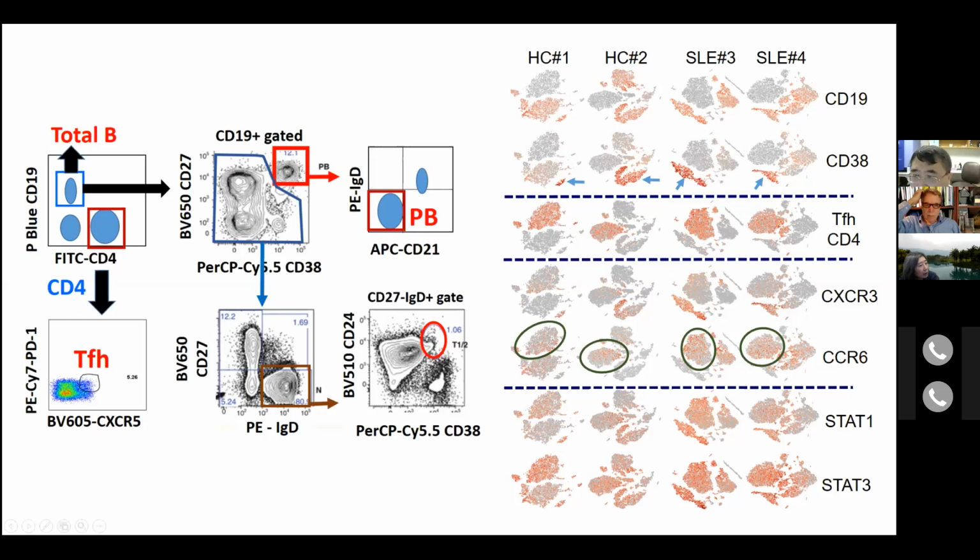This time we isolated total B cells and CD4, which we further gated into TFH, and then we get this plasma B cell, and we also isolated T1 B cells. And then we did the hashing. Sharon, you must have remembered. And Ping An was there too. So this is just a very simplistic